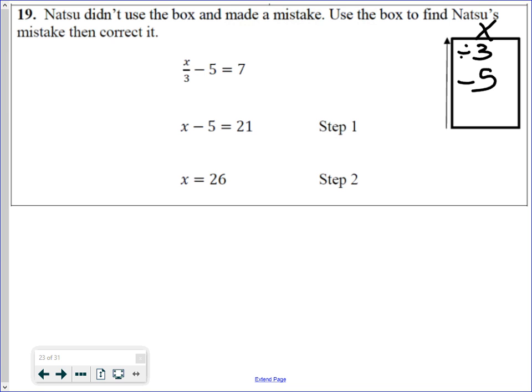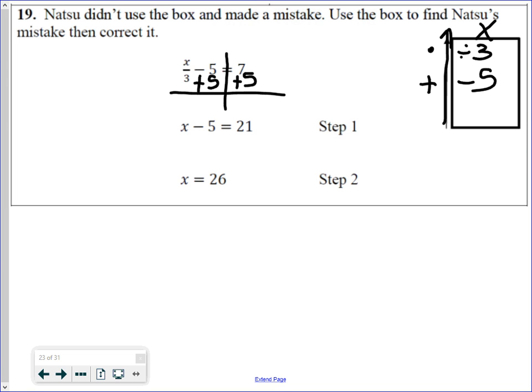So what we'll do then is the opposite. Bottoms up, do the opposite. Instead of minusing 5, we have to do the opposite, which is add 5. And then because of the divide by 3, we're going to multiply by 3. Again, opposite operations. So let's check and see where Natsu made his mistake. First step, I was supposed to add 5 to both sides. So I add 5 here, add 5 there, and I get,